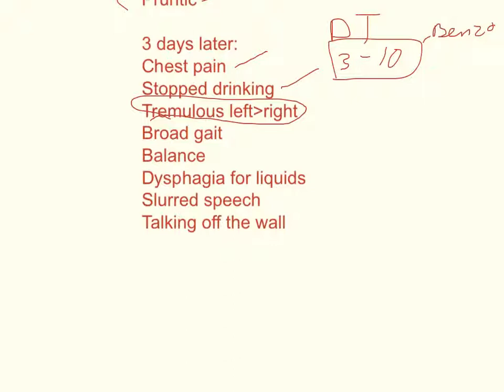So now we have broad gait and balance problems, which is suggesting probably cerebellar. Now with dysphagia for liquids, this is known as hydrophobia, and this is basically pathognomonic for rabies. At this point, not catching this is a huge deal. So there's different types of dysphagia. Typically a dysphagia is either for solids or